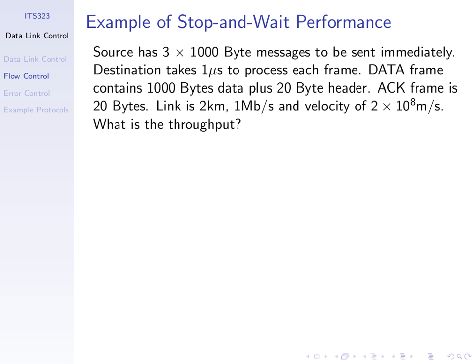And if we look at our diagram, if this is the time sending a data frame, some part is header. This is the real data. So visually we can say in this time, this blue part is the time spent sending real data. This is time spent sending header. This is time spent sending ACK. This is time spent waiting, propagating, processing, and so on. So time spent sending the real data, total time to deliver that, and the ratio gives us the efficiency of